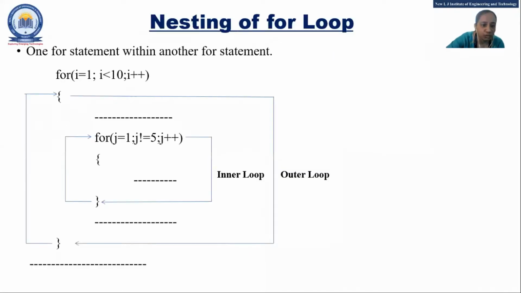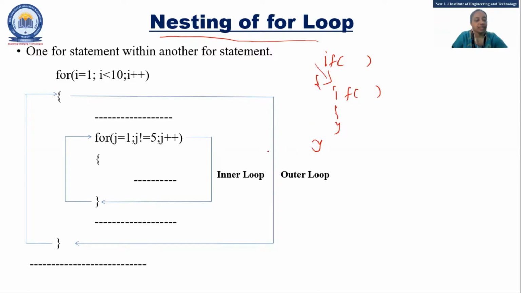So today we are going to move to another topic, the last topic of this unit. This unit is a little bit lengthy, so be prepared. So, nesting of the loop. Nesting of if we have seen, like one if containing another if, it's a nesting of if. Same for the for loop, and it can be possible for while also. One loop is containing another loop, that means nesting of the loop.